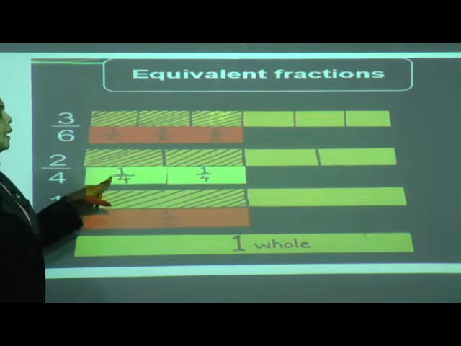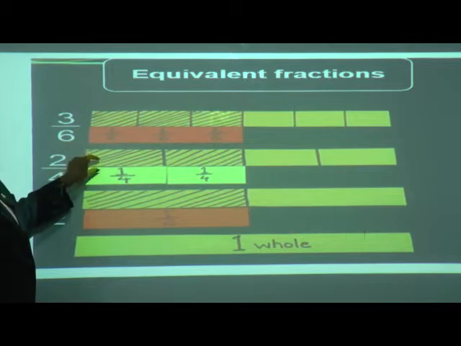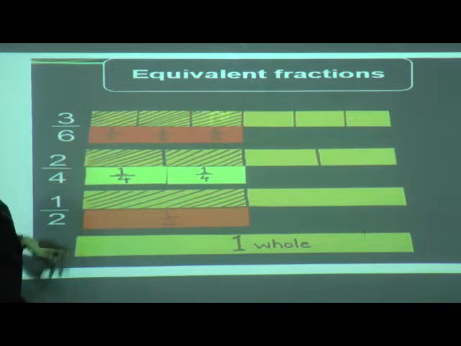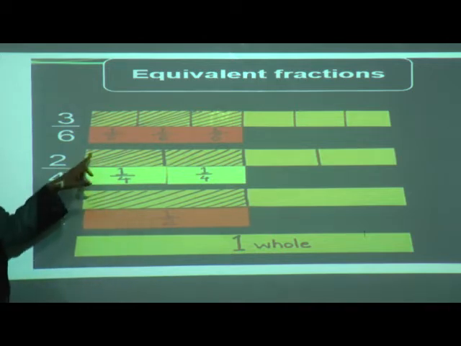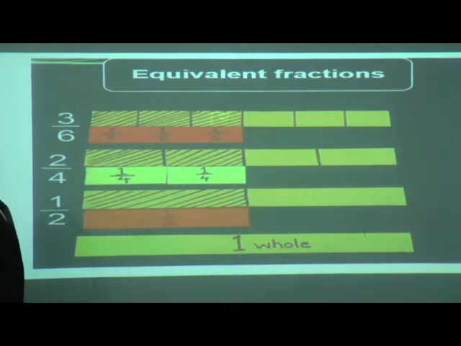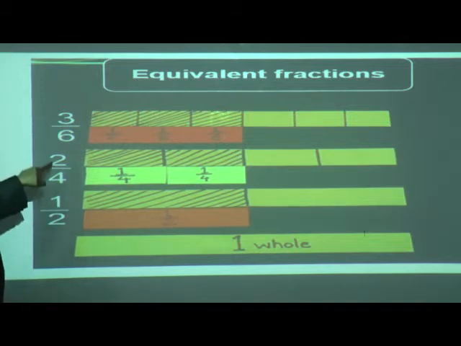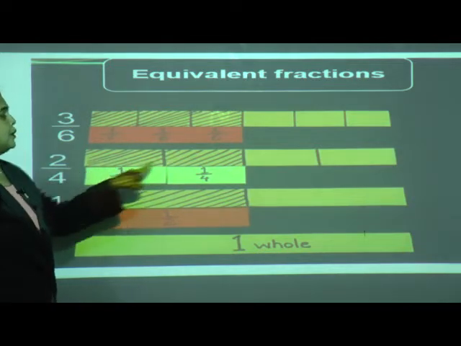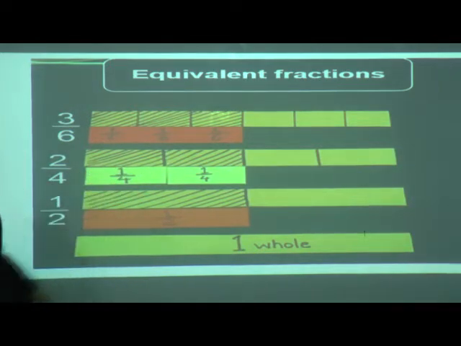What will be one shaded part? How can we represent it? It is nothing but 1 upon 4. Why is it 4? Because out of 4 only one part is shaded. The second shaded part is also 1 upon 4, because one part is shaded out of 4 parts. So here it is given as 2 upon 4. We had 2 parts shaded, and we wrote the fraction in the form of 1 upon 4. One more example we have, that is 1 by 2.